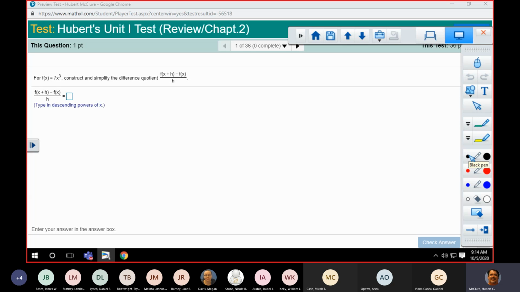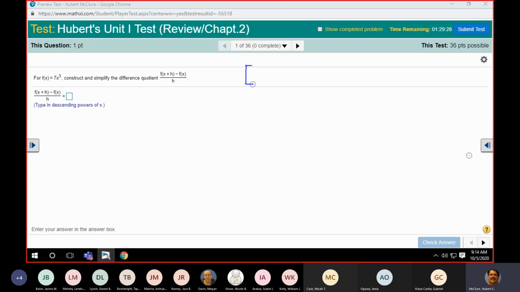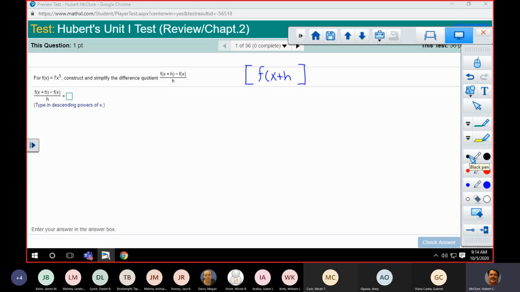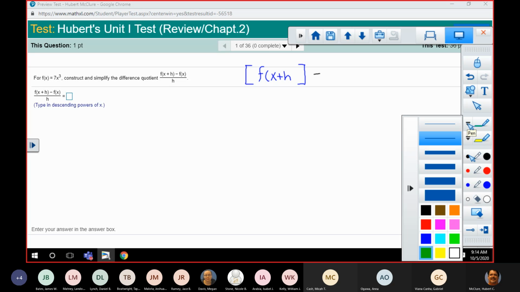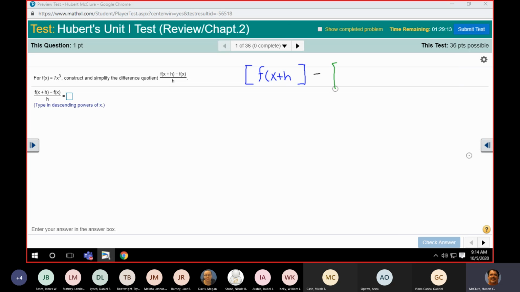So let's go with different colors like I did 20 times before. F of x plus h minus f of x